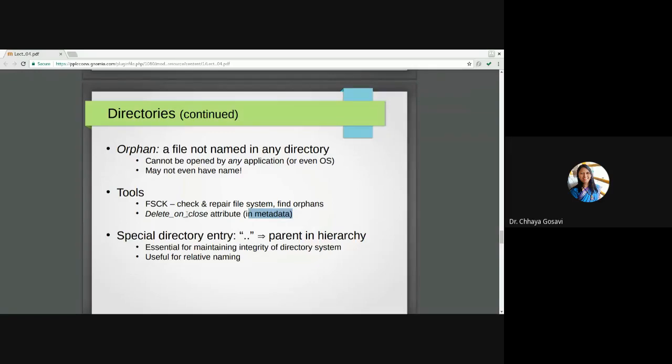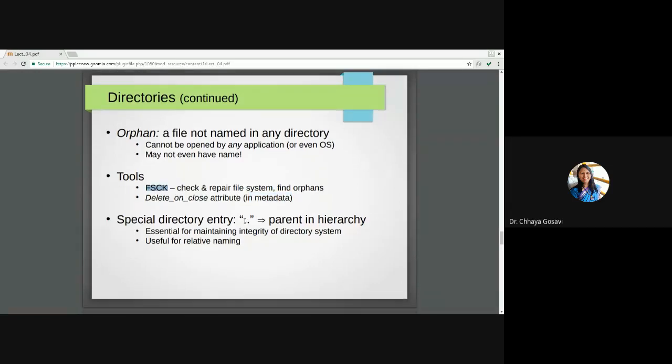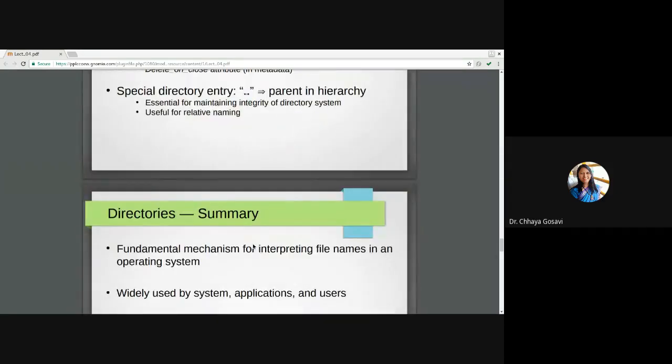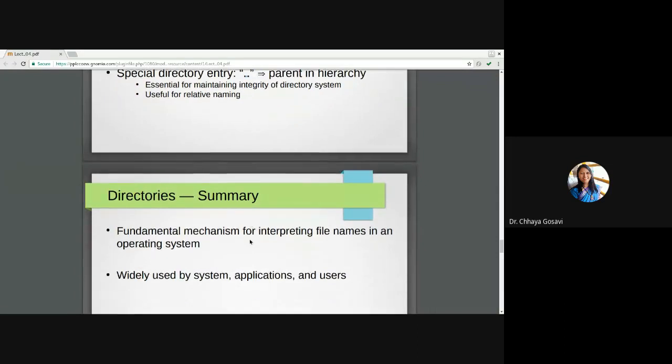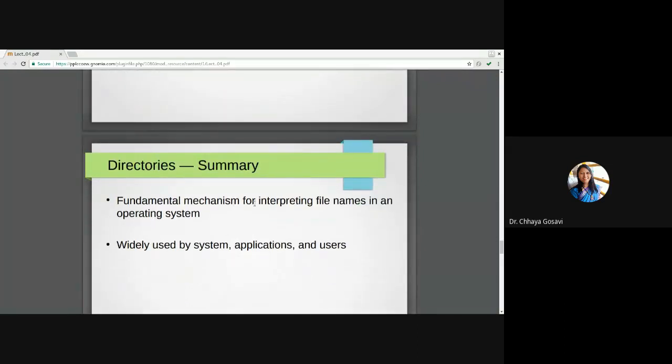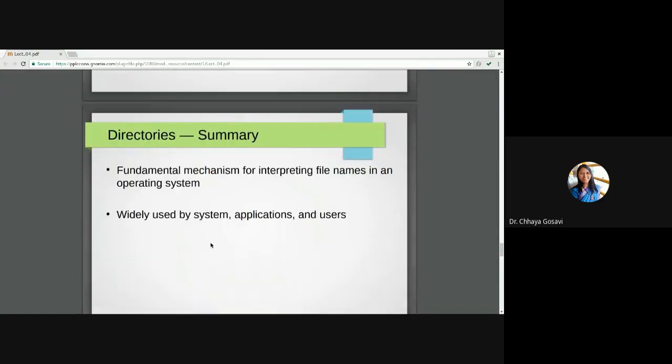Special directory entry: we have seen the two dots are the parent in the hierarchy, essential for maintaining the integrity of the directory system and useful for relative naming. To summarize, directory is a fundamental mechanism for interpreting file names in the operating system and widely used by the system, applications and users.